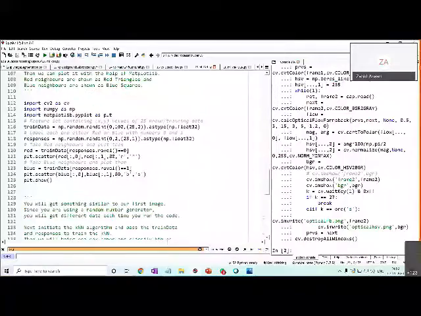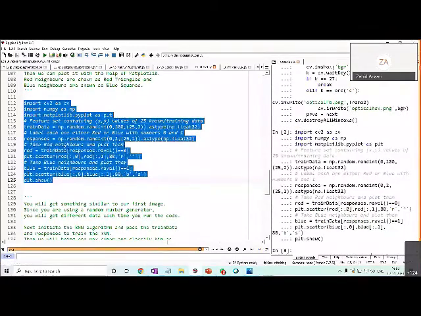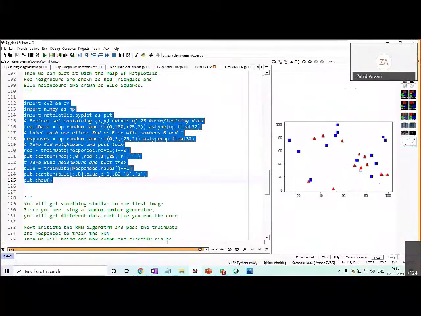So let me run all this. Let me first run the creation of the points and the displaying of the blue and red classes. So basically these 25 points are there. Some are blue, some are red, so these two classes are there.